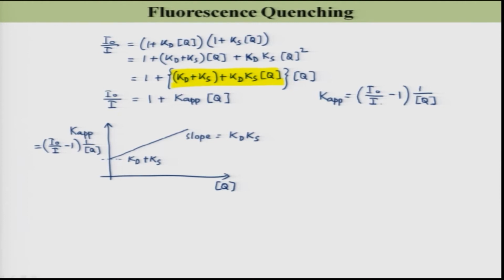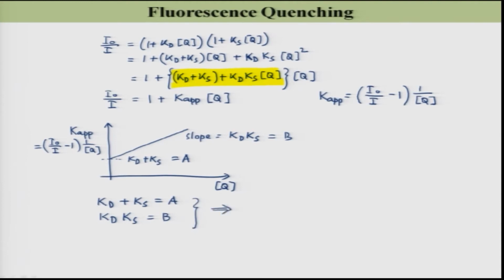This is nothing but the fluorescence intensity. Clear? Okay. Now, if I get this value K D plus K S and K D K S as A and B, let us say right here K D plus K S equal to A, and K D K S, because this will give some value, the slope, this equal to B, and this equal to A, some value will come from the graph, K D K S equal to B, and then we can